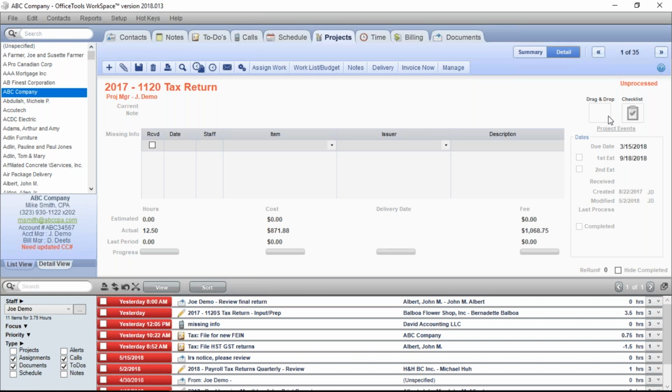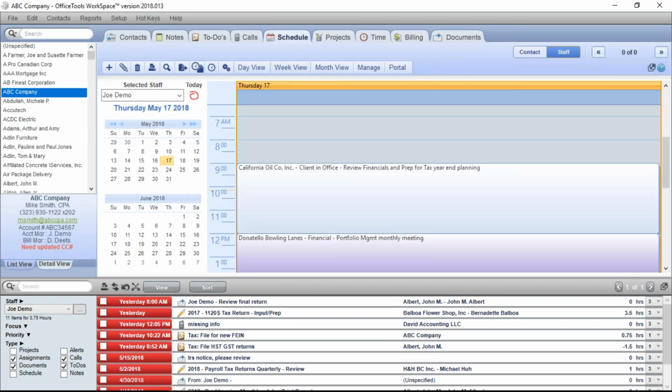Now, by doing that, you can then send them things through OfficeTools. The most obvious thing that you'd want to send would be a document. However, you can also upload and send invoices. They can log in and view your calendar availability, giving them the ability to actually schedule appointments based on what you've blocked off as being available. And it's fantastic in all those ways. Your staff can track time online. So the portal has a lot of tools, and again, we don't have the time to go into all of those, but here's the basic on how you would set up and use the portal on a day-to-day basis.